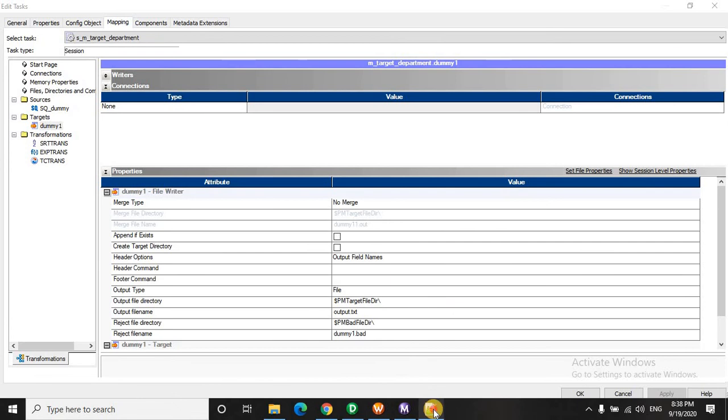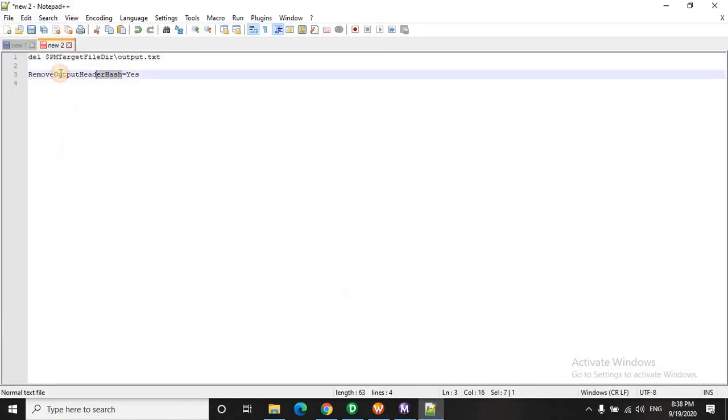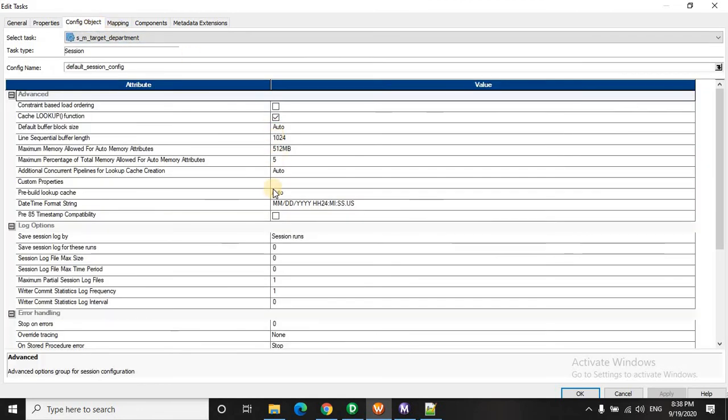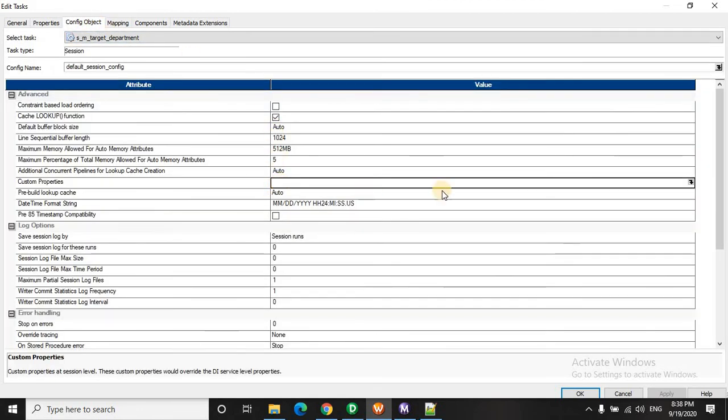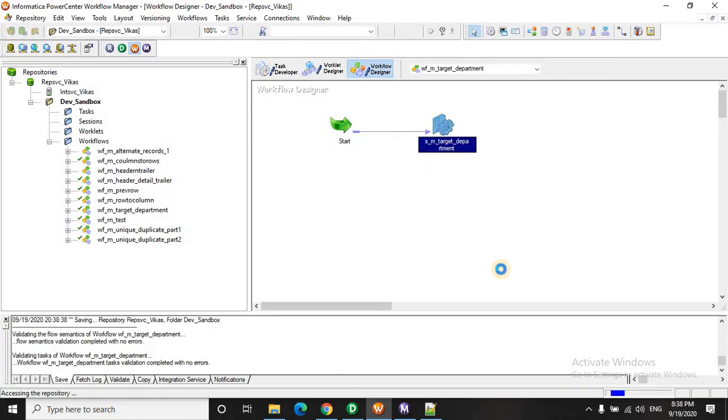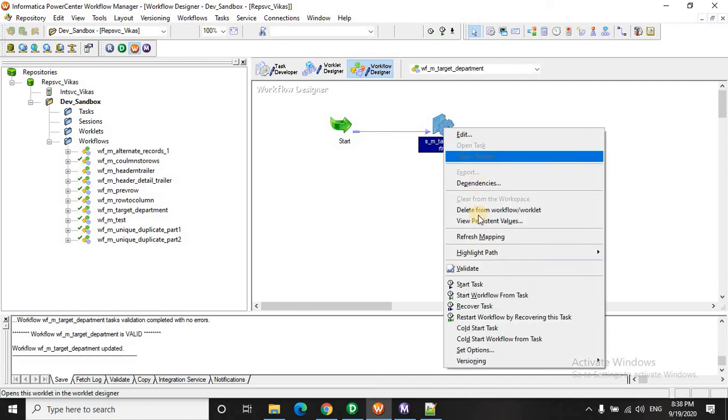So let's close this and we have another important feature. So if you go here, go in the config, you have to paste this thing in the custom properties. So add an attribute, remove output header hash, yes. Let's save this and run this.